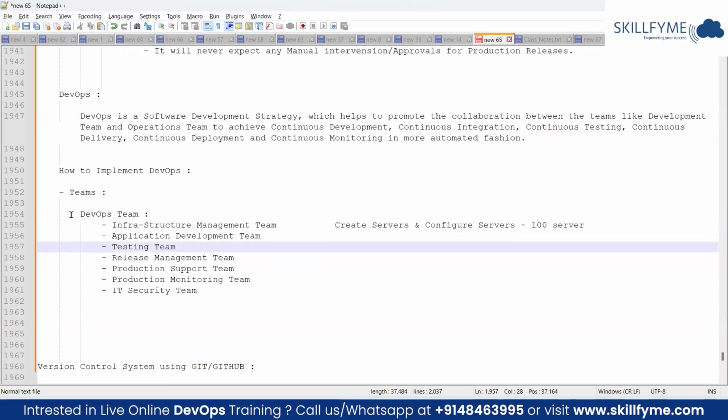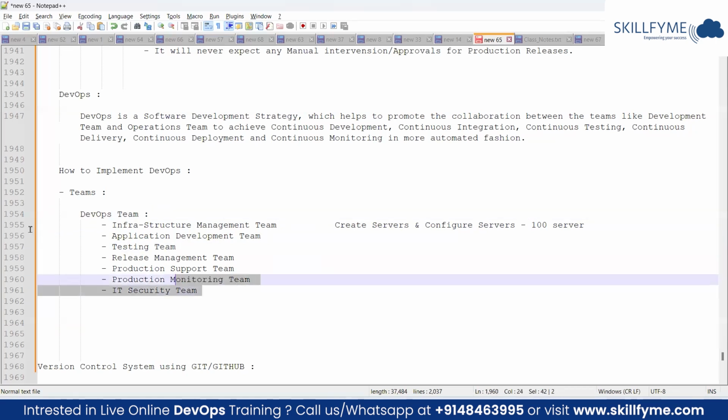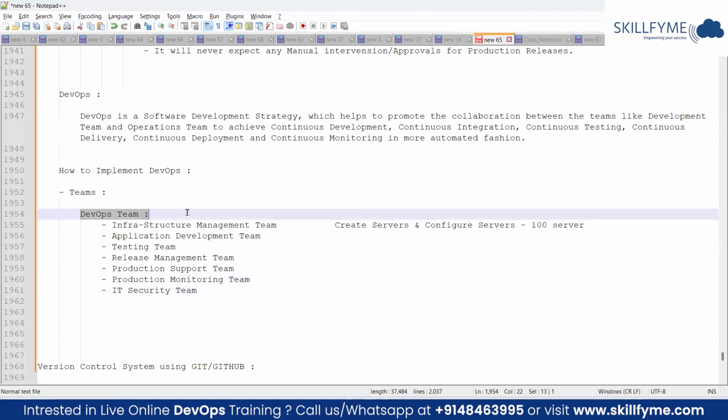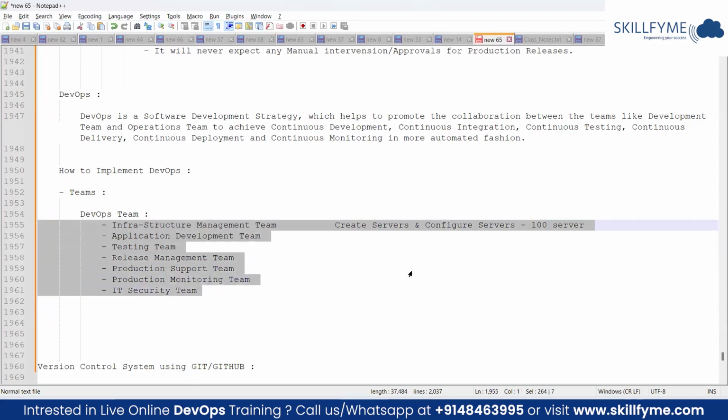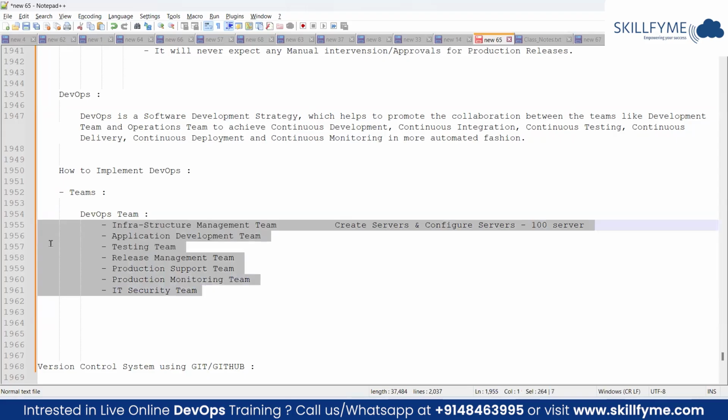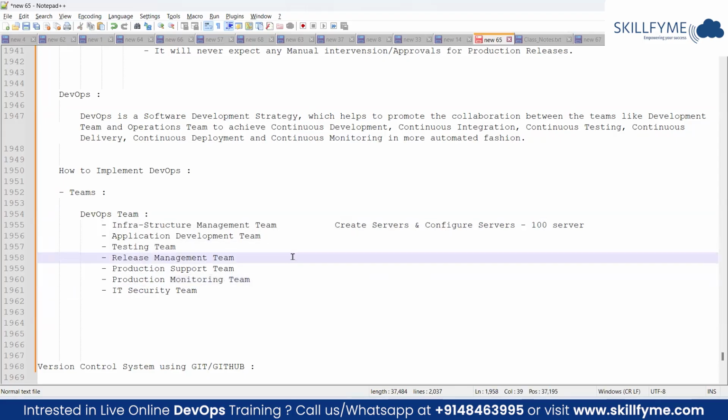Even without a DevOps team, these people can work. That is what they've been doing for many years. Even before the DevOps team came into the picture, these teams were there in the industry. Dedicated teams are there. They know very well what to do, and they know the business very well. Now, all of a sudden, if you introduce a DevOps team, they should come forward and provide all the required details, and they should trust you.